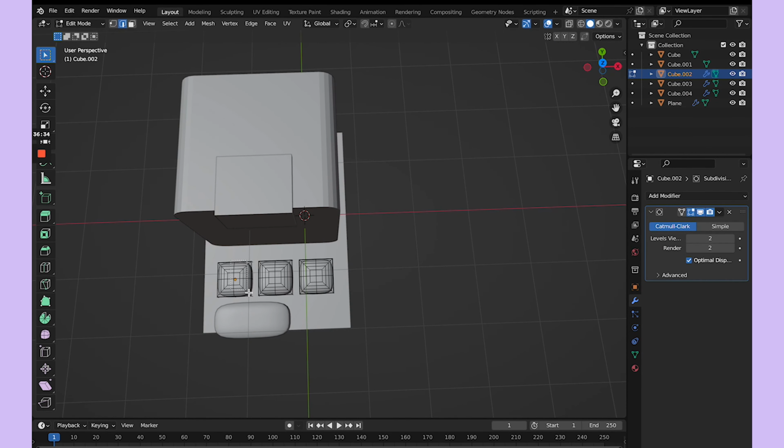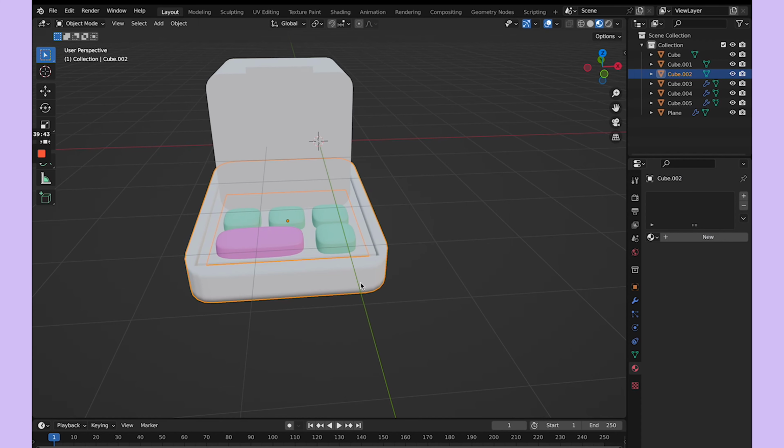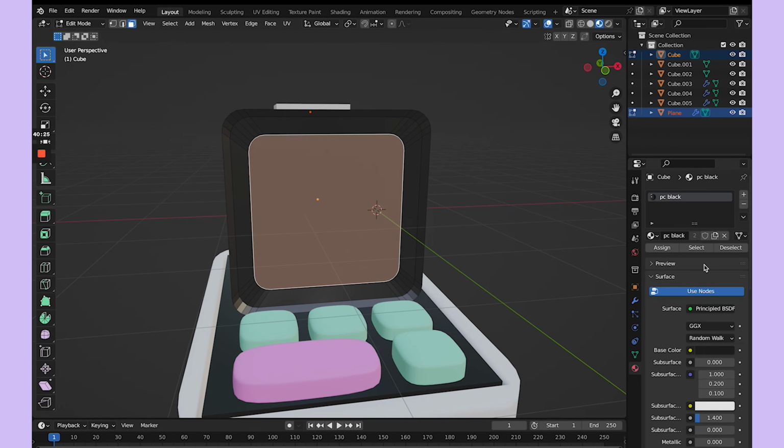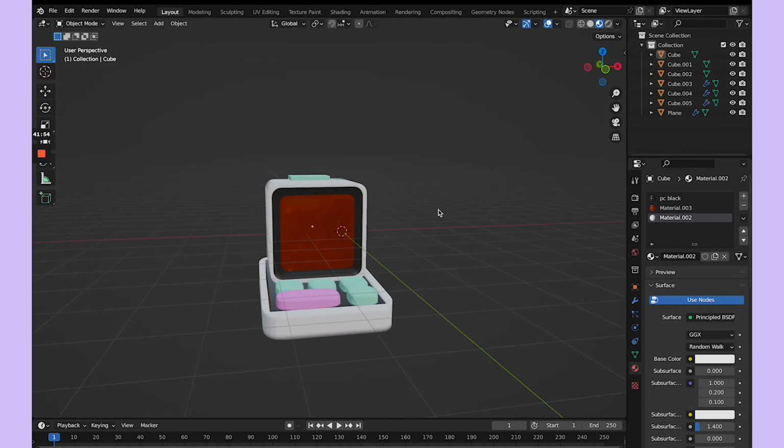So here I am just doing the little keys on the keyboard, going in to round out all those edges by just beveling them and then adding in the colors of that beautiful green I like to use and my beautiful pink as well. I really love how this turned out and I can't wait to use it in the